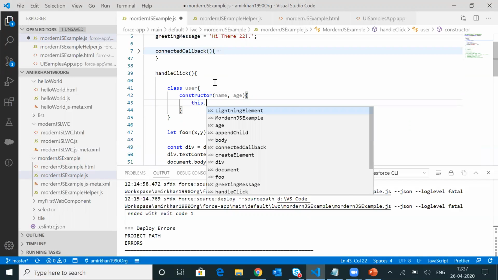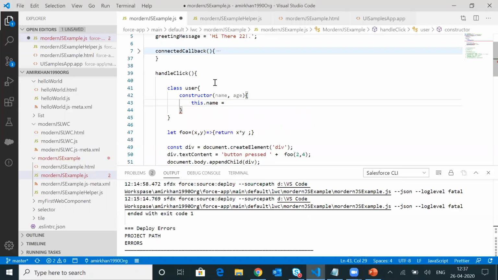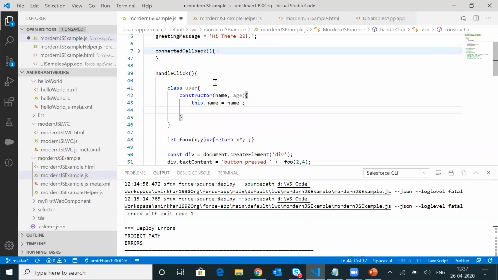So this.name is equal to name, and this.age is equal to age. This is the constructor, and it will initialize this.name and this.age with the parameters you pass while you create the object of the class.